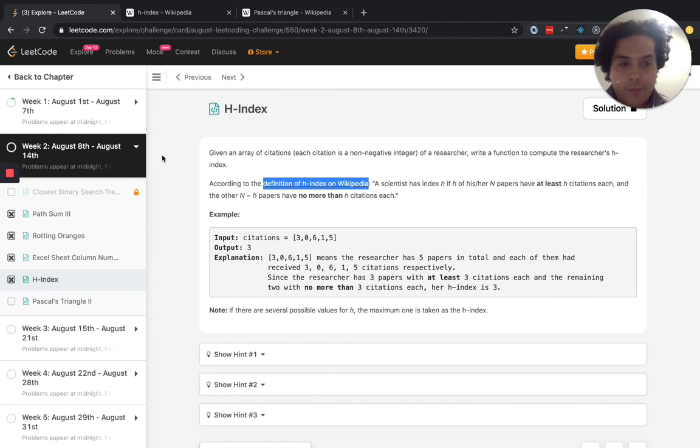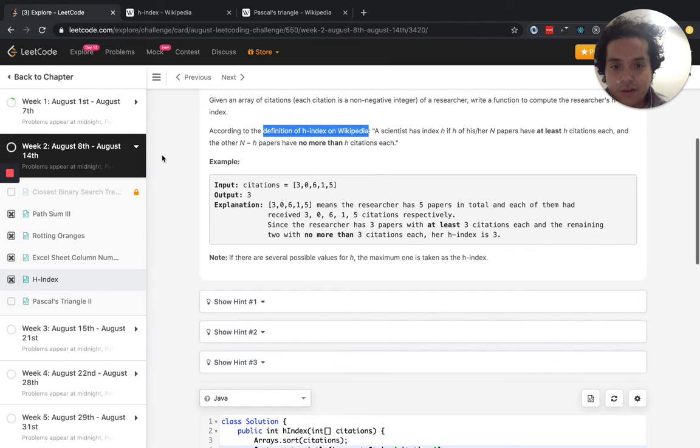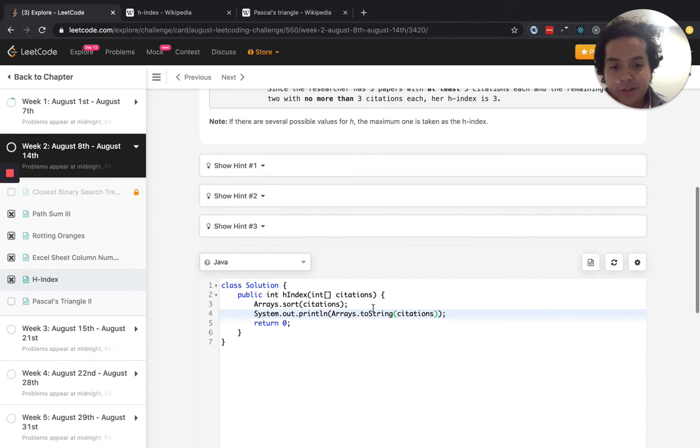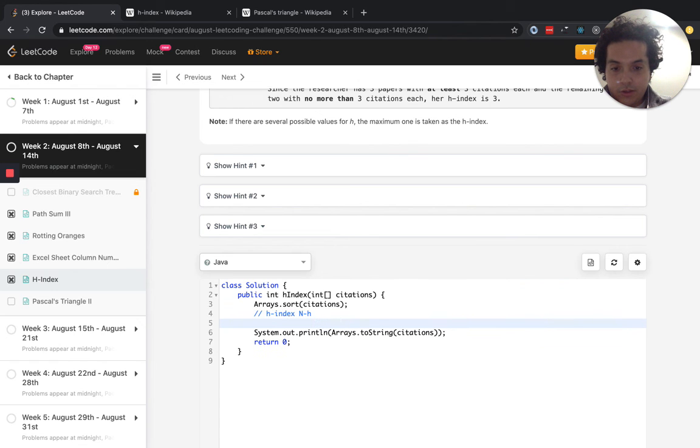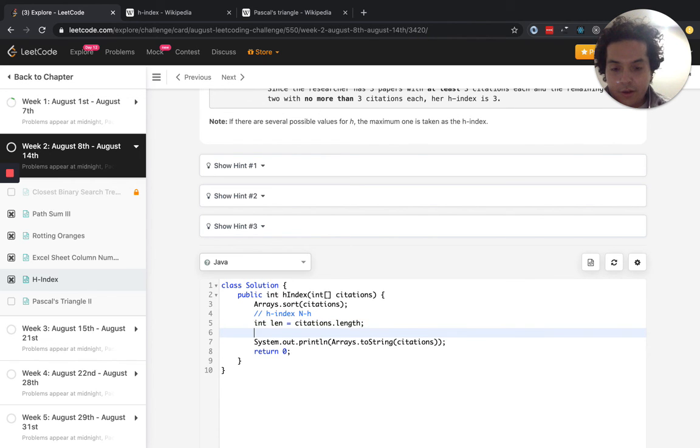So then you would iterate backwards, I believe. And then you just find the first instance where that value breaks the H-index. Okay, so we know that the other papers count is N minus H, right? Let's get the N length. Length equals citations.length. Okay, and then our H value